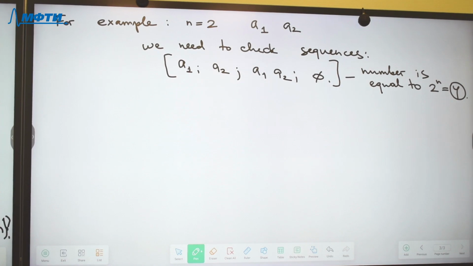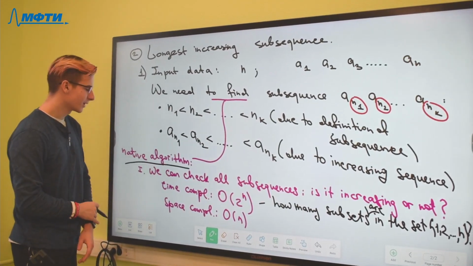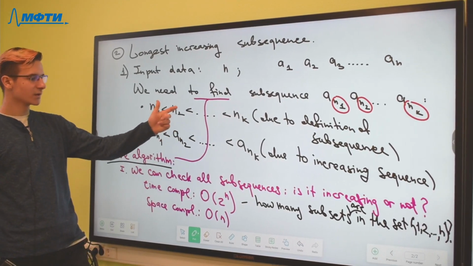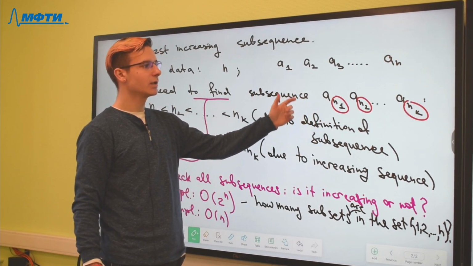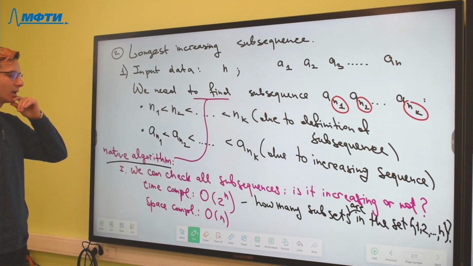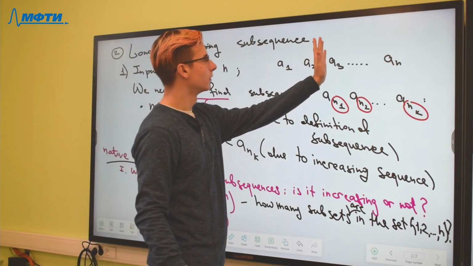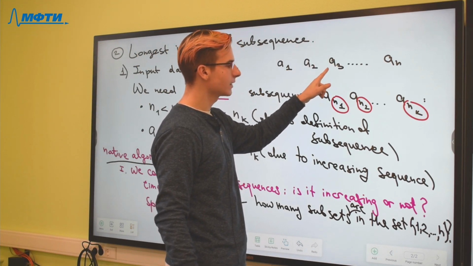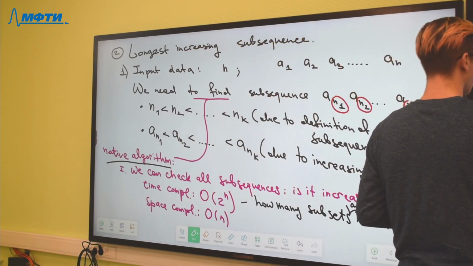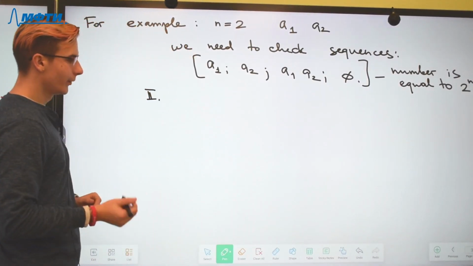So, of course, it is a naive algorithm, and of course we can improve it because we understand that, for example, if a subsequence is increasing, then any of its subsequences is also increasing, and we need to find, for example, subsequences that end in a place that we choose. So the second